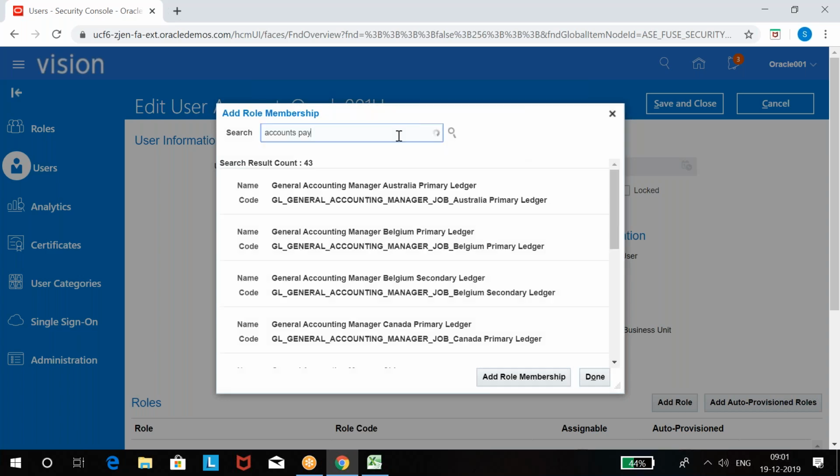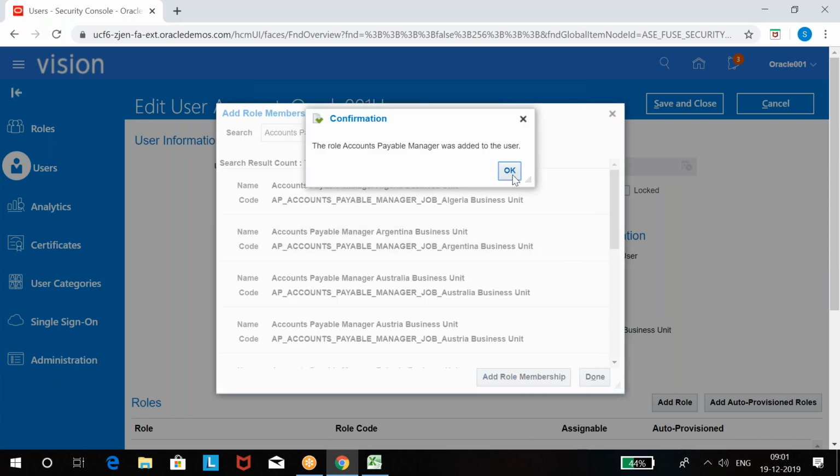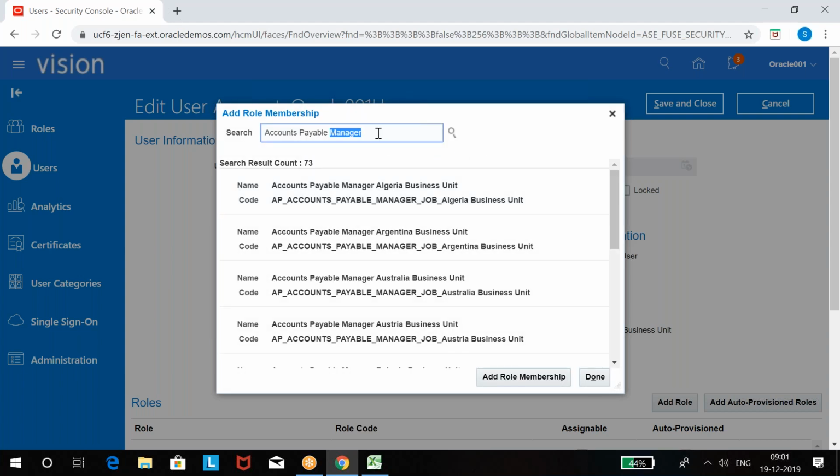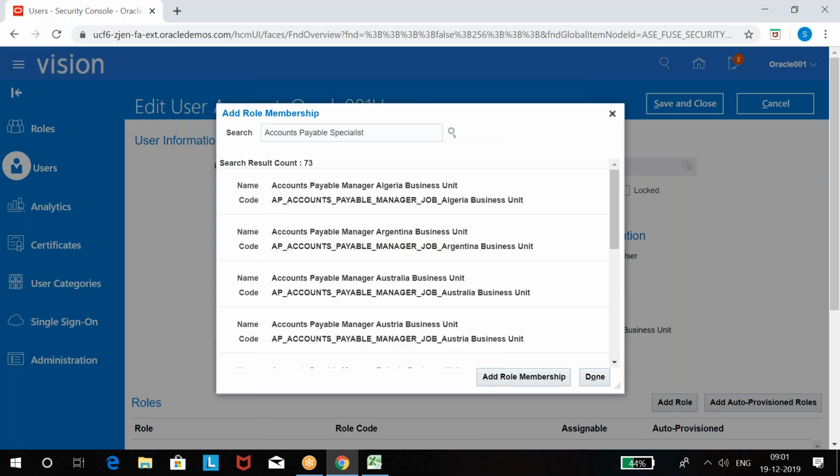Next, accounts payable manager job role. Next, accounts payable specialist. See, with accounts payable manager, you get manager related job roles.